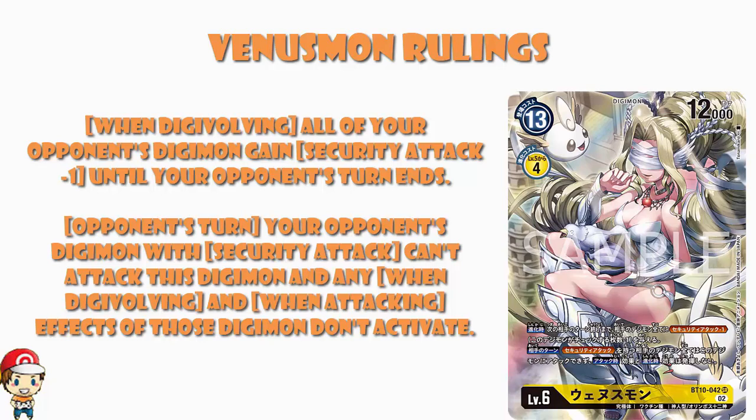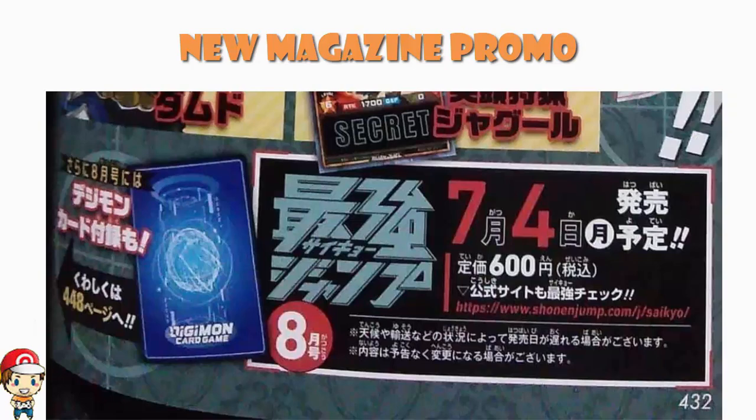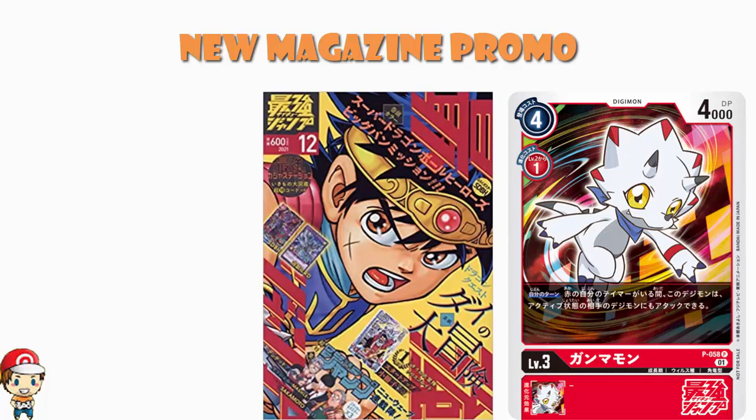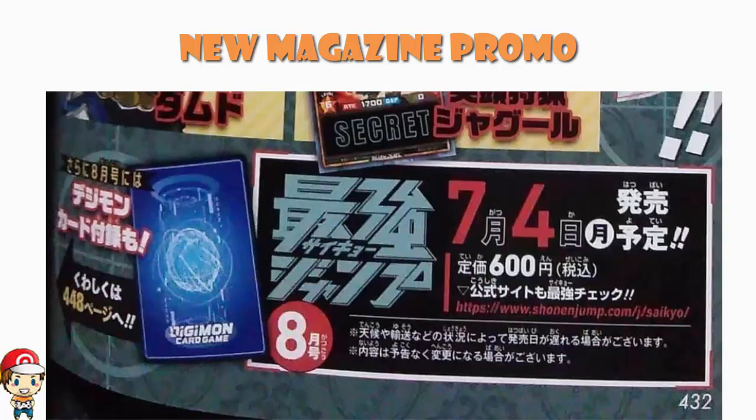Now, there is one more thing we need to talk about before we finish here, and that is that there is a new promo coming, a magazine promo. I am a huge fan of magazine promos. I think I've made that kind of clear. It's been a little bit of a while since we actually had a magazine promo. The last one we got was the Gamamon, which was a promo on Psycho Jump magazine, which was months ago at this stage. Well, the good news is, ladies and gentlemen, there is another promo coming, and it is again coming in Psycho Jump magazine. It is coming in the August issue, which is hitting shelves on the 4th of July, and it is featuring